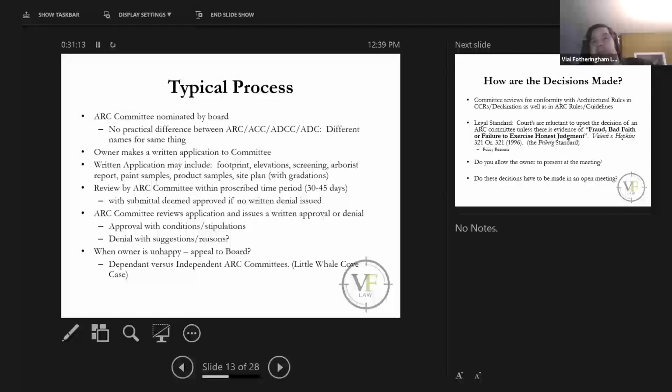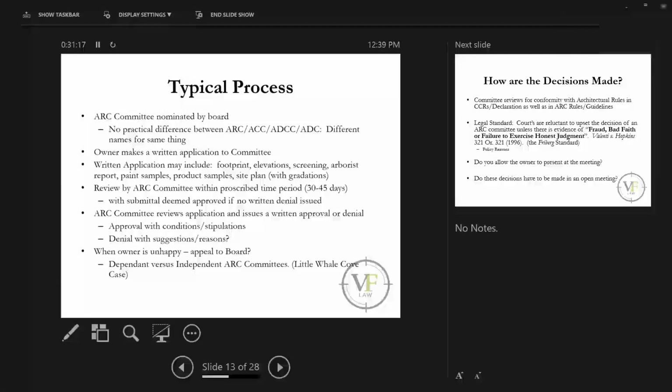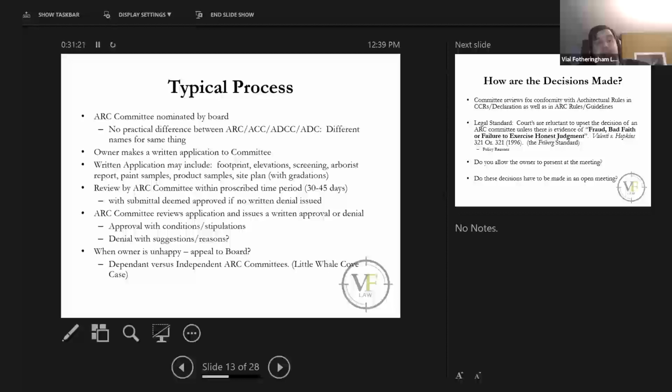If your documents are silent on whether there's an appellate right or not, I think by rule the board can say, we're going to allow an appellate right, unless there's something in the documents that specifically says, no, you can't do this, or the Architectural Review Committee's authority is autonomous from the board,